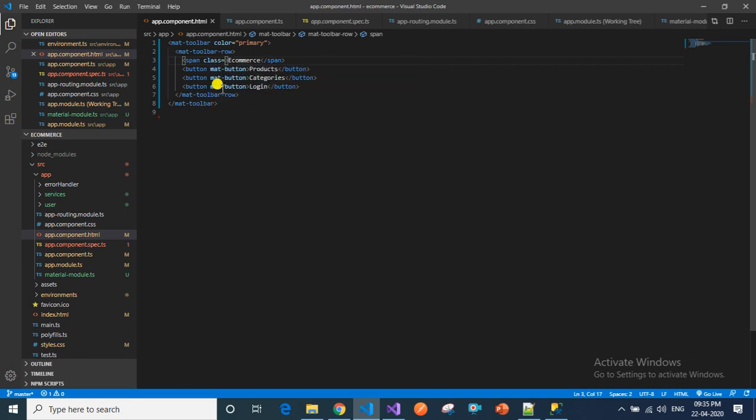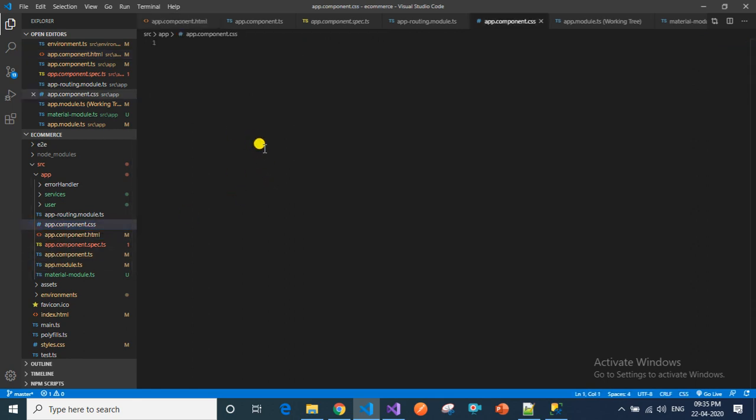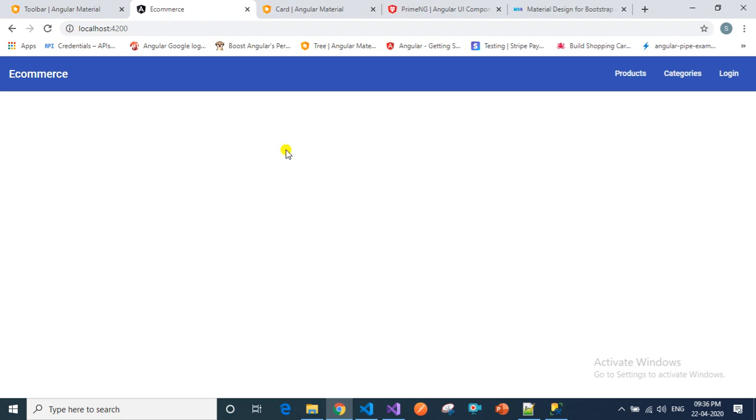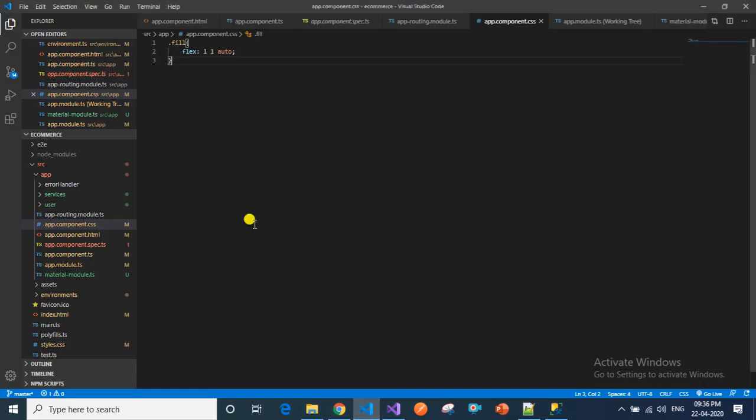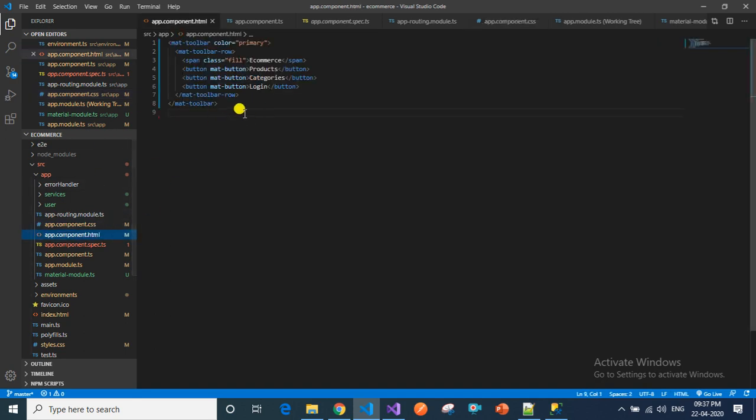I'm naming it as fill, and in app component.ts we can paste this, and let's look into the browser. So you can see here it is moved to the right side. Now you can just use this fill anywhere, wherever you want.